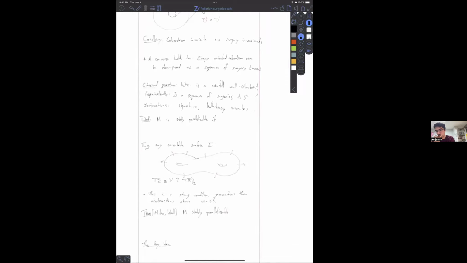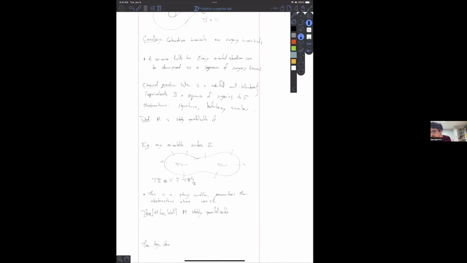So the point is, if these numbers are not zero, then there is no null cobordism. So one way to guarantee that these numbers vanish is to assume that your manifold is stably parallelizable,